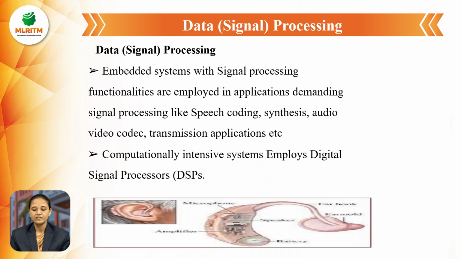Data signaling purpose: embedded systems with data signaling functionalities are employed in applications demanding signal processing like speech coding, synthesis, audio and video coding, transmission applications, etc. These are the major applications of the signal processing purpose of embedded systems. And next one is computationally intensive systems, which employ